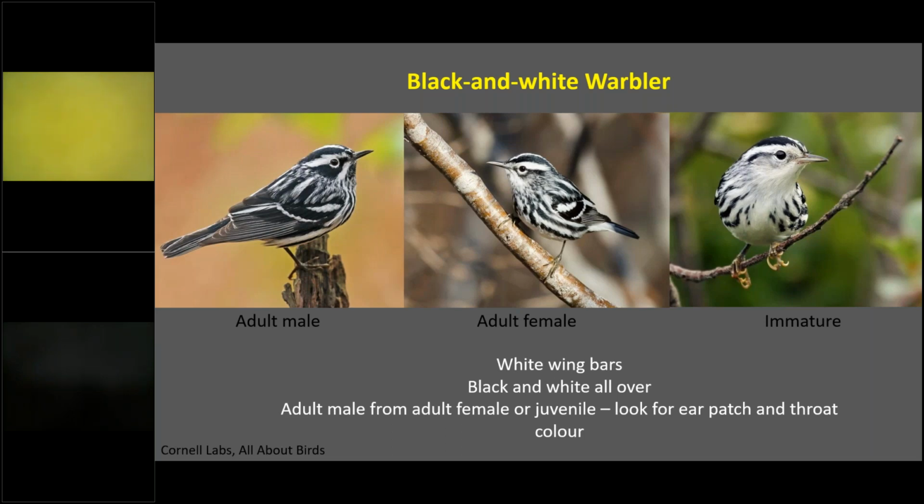So they do have white wing bars. Like I said, they're black and white all over. They do keep this plumage. It's the same as their, well, they don't keep it, they molt it, but it's the same pattern as the breeding plumage. Just something of interest here that's not necessarily a spring-fall thing, but you can tell the adult male